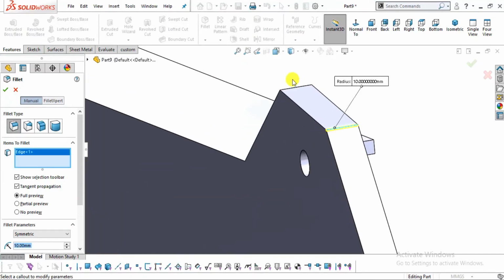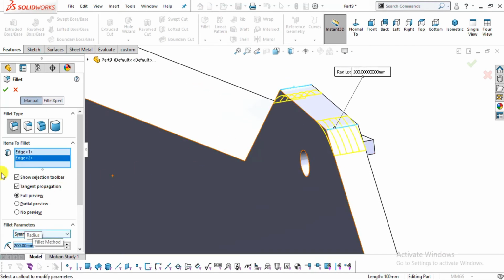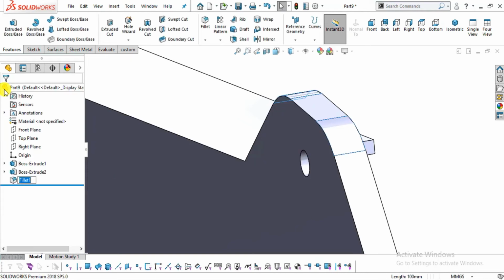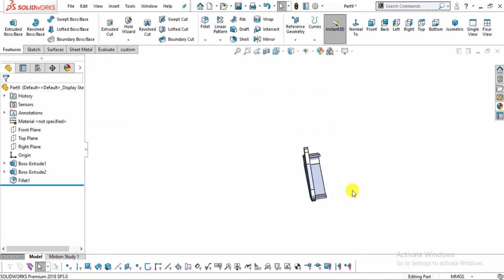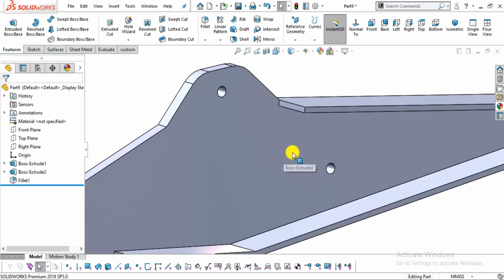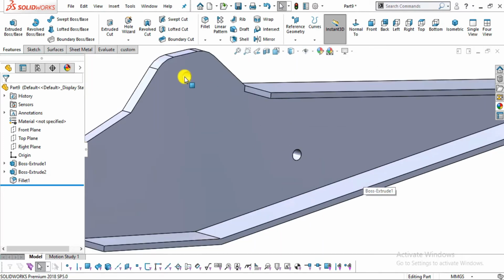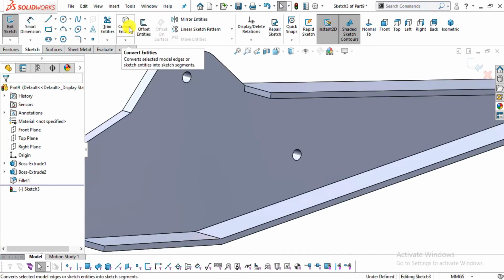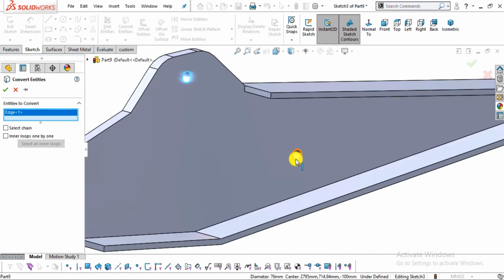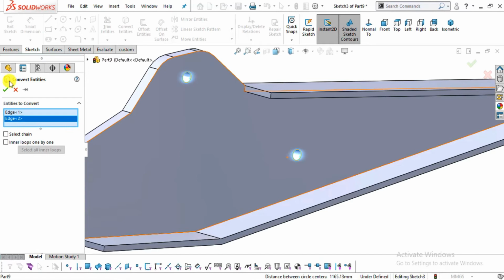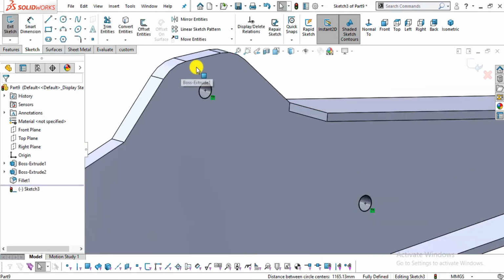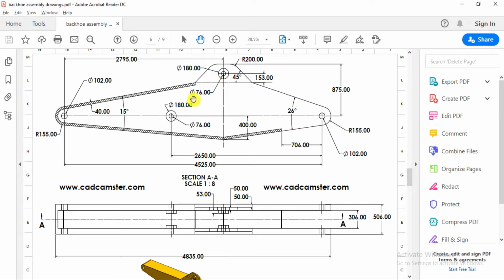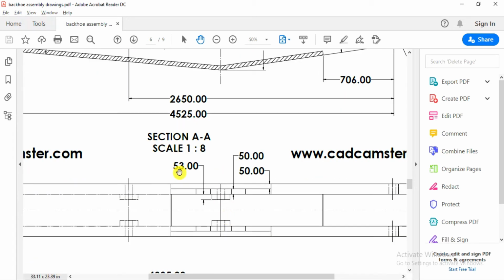Now select this edge and this edge. Enter the value of 200 mm radius. Now click here OK. Now we have to create two extrudes on these two circles. For that select this face, sketch. Now convert entities, select this one and this one. Click here OK. Now these outer dia circles are of dia 180 mm and this extrude distance is 53 mm,